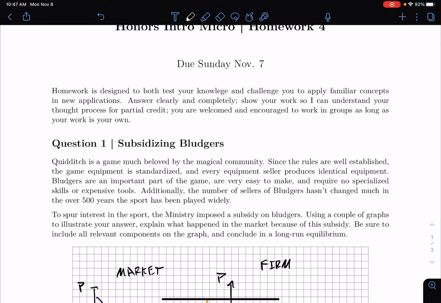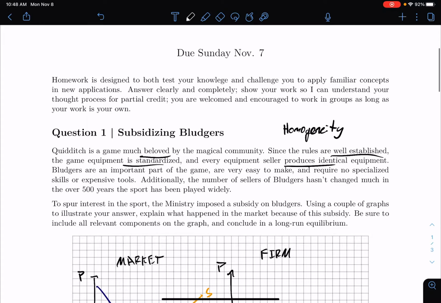So first, we have strong demand for bludgers and all types of Quidditch utensils. We also have that the rules are well established and the equipment is standardized. And because of this, sellers produce identical equipment. So we have homogeneity. In addition to homogeneity,